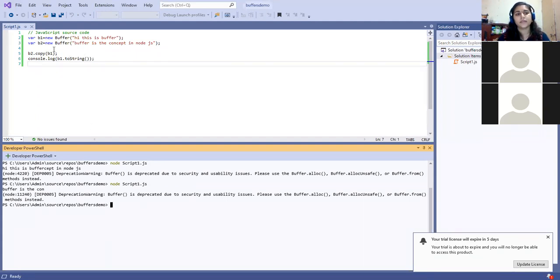It has taken the last content of B2. Previously we copied this to B2, so it will consider that updated copy of B2 and overwrite it into B1. So the output is like this. So up till now we have seen every function regarding the buffer.